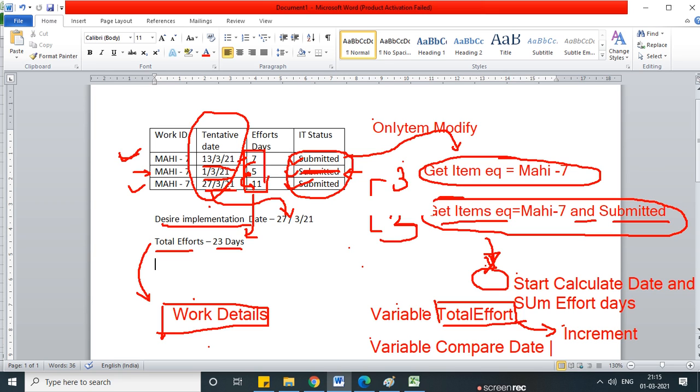While creating the compare date, we set one date value to that particular variable. And what we do, we need to define, check the condition